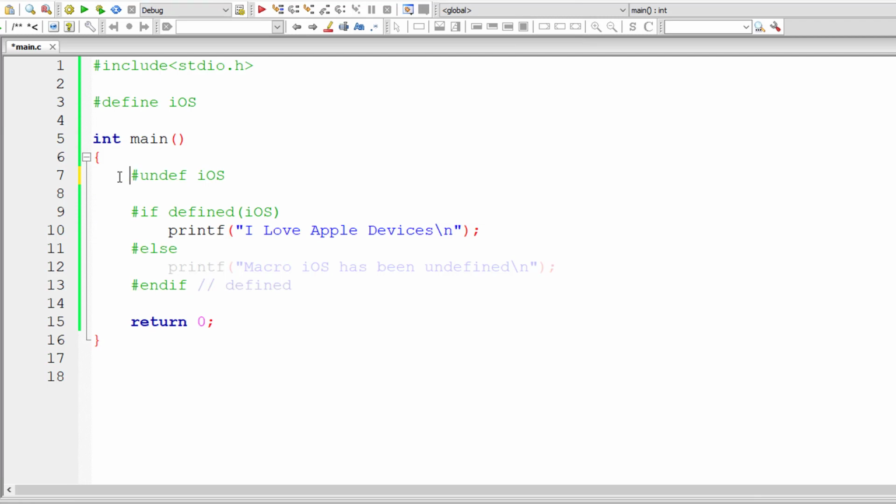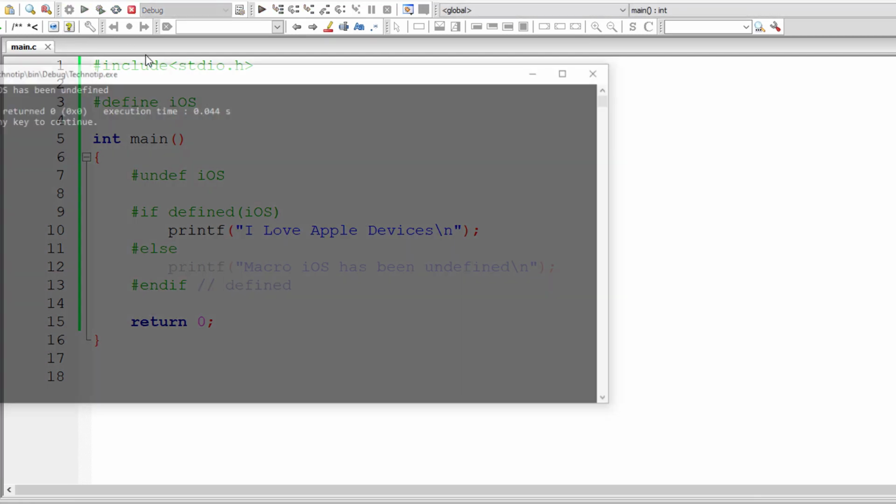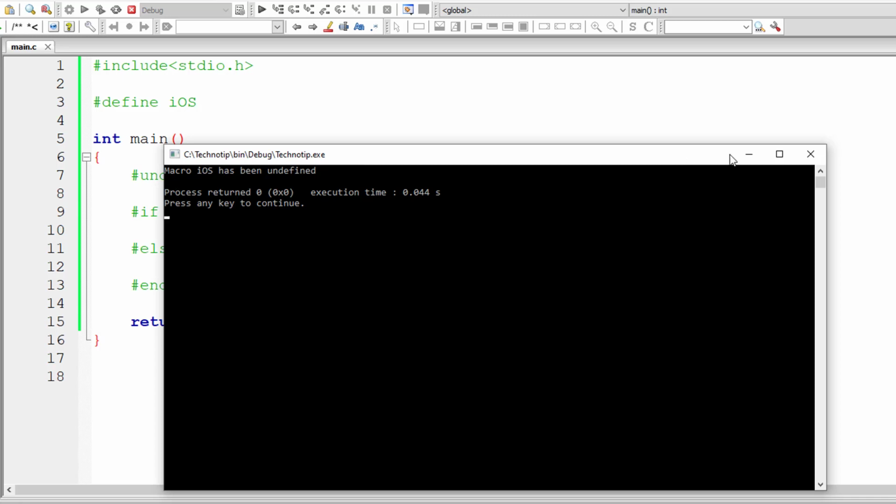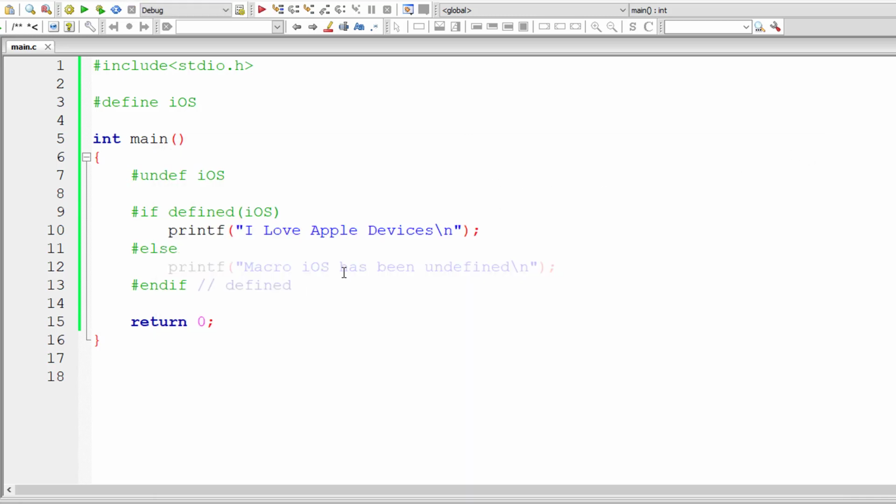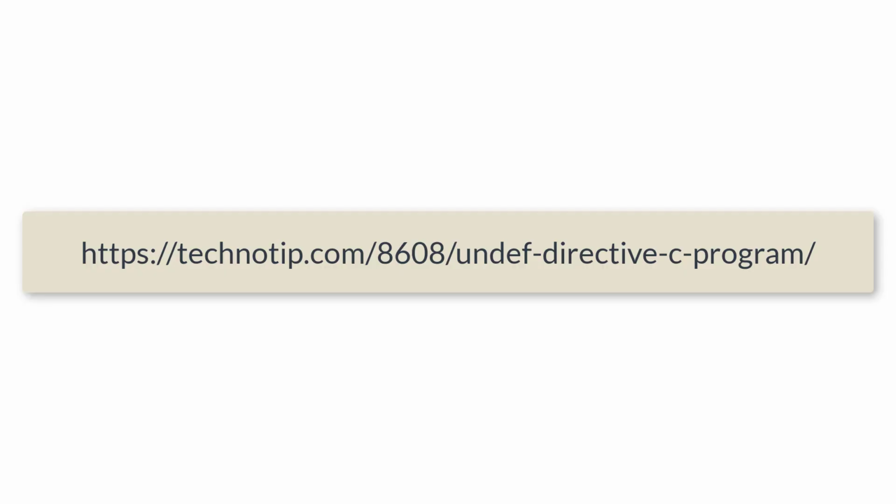So that's how you could use the undef directive. Usually these kinds of directives are used by developers while debugging the code, and while taking user input you want something to be executed only once. For consecutive user inputs you don't want something to be executed. In such cases you undefine a macro. That way a couple of blocks of code can be skipped from execution. So maybe that's the use case of undef. Other than that, I don't think it's much useful at the user end.